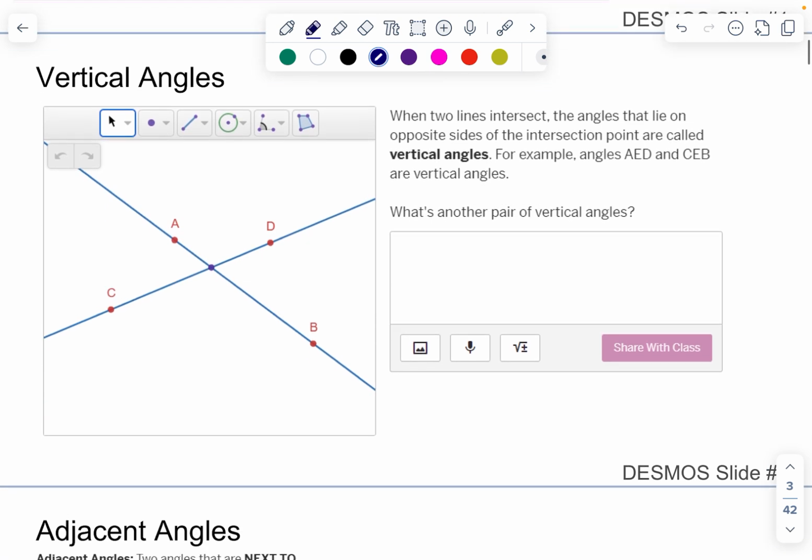So looking at these vertical angles, when two lines intersect, the angles that lie on opposite sides of the intersection point are called vertical angles. For example, angle ADE, and I don't know why they didn't put the E right here, but that's supposed to be an E. So angle ADE